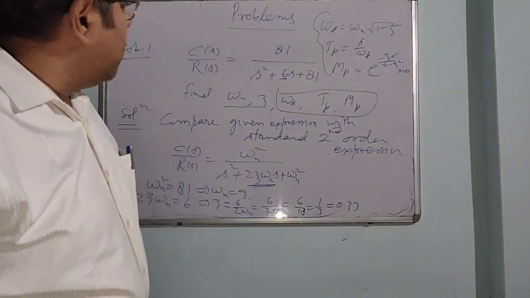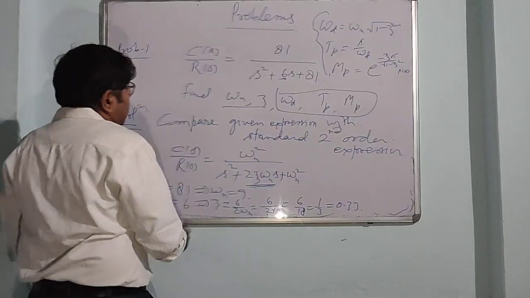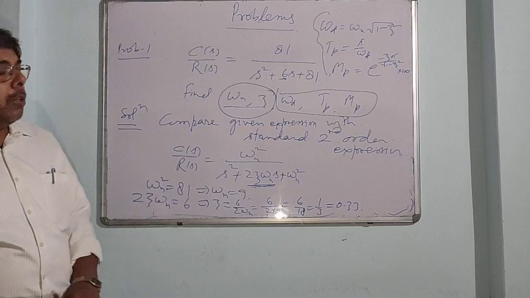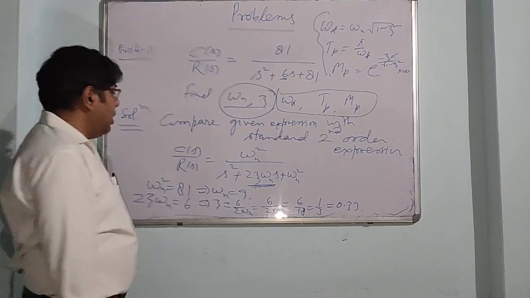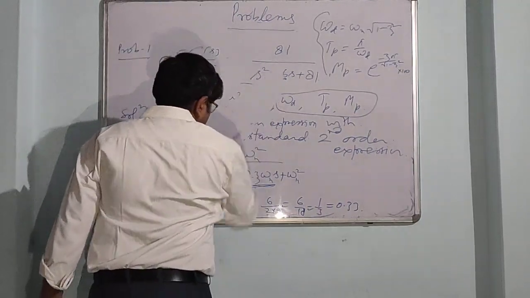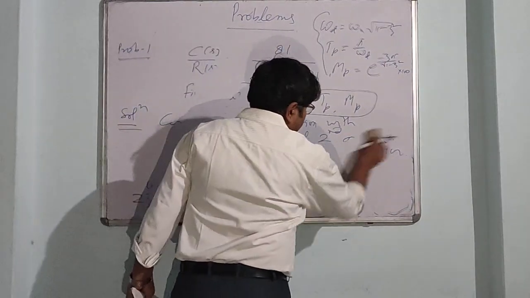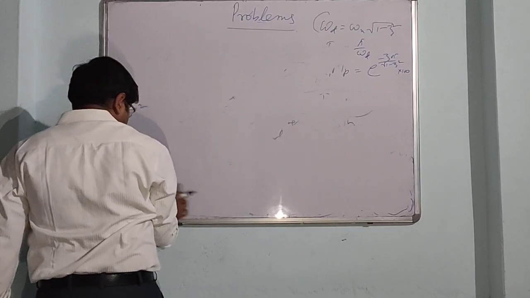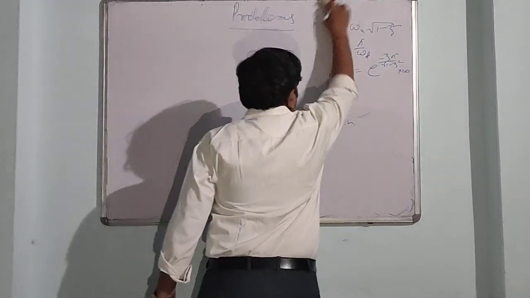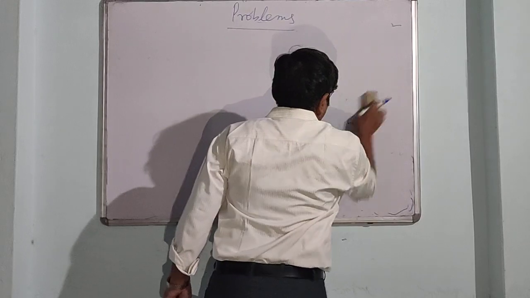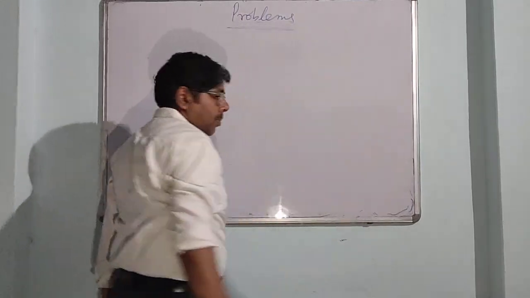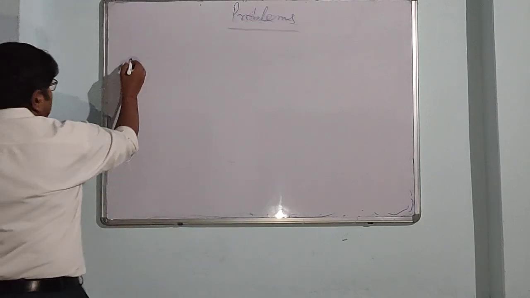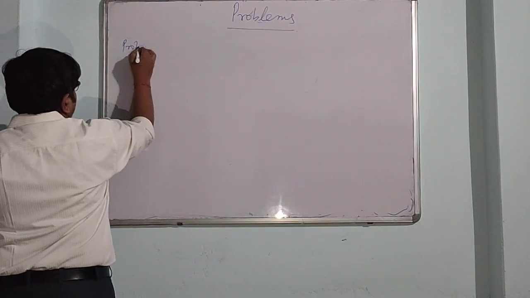So the main objective is to first find these two parameters. Then we can calculate all other parameters by using expressions. So we can take a few more problems. So this was the first problem. The second problem is,